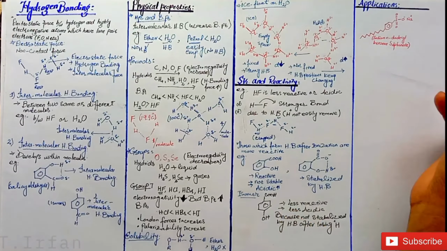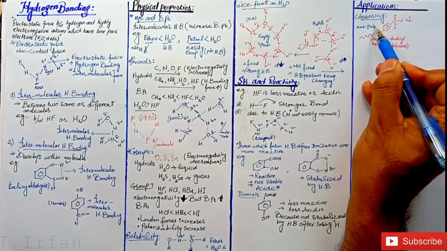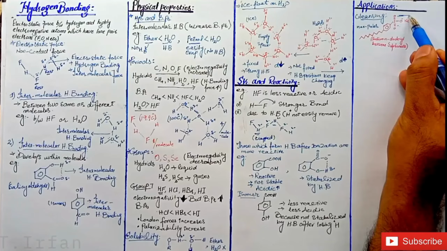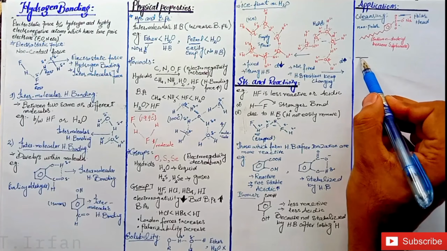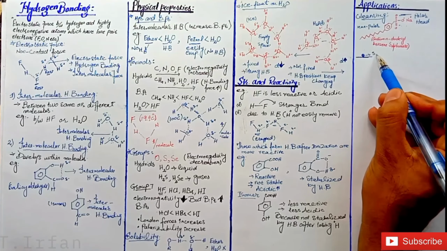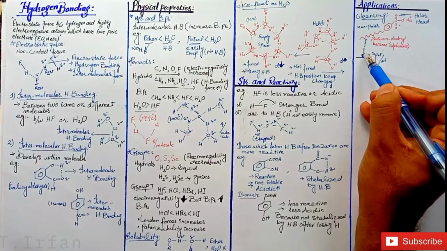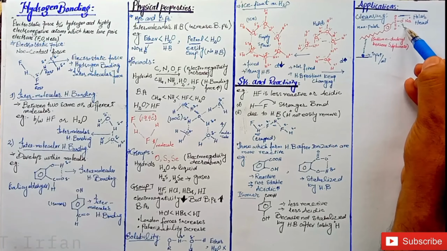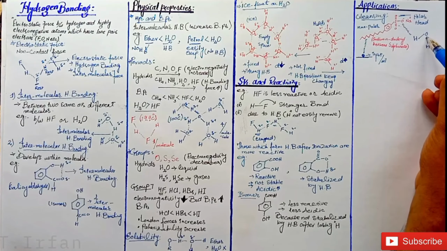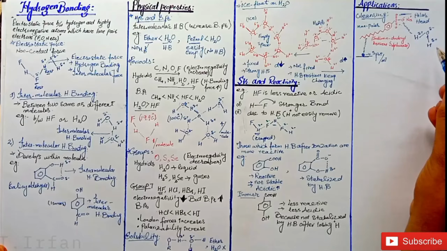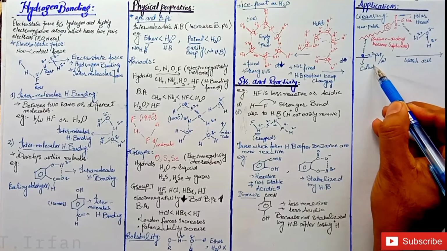Let us now discuss the applications of hydrogen bonding. Hydrogen bonding performs the cleansing action of detergent. Detergents have two parts. One is the tail or alkyl group, which is non-polar. And the other is the head, which is the polar part. The non-polar part of the detergent develops attractive forces with the oily spot on clothes. While on the other hand, the polar head, having negatively charged oxygen, develops hydrogen bonds with water. And when you flood the water, the oily spot moves out with the detergent and water molecules.